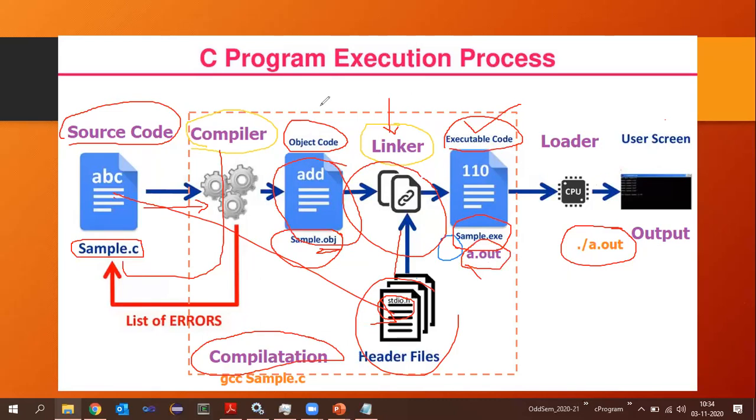Okay, so this entire process takes place when you write the simple statement gcc sample.c. When we run this particular command, all these complex executions, complex processes will be done by the compiler. Then, once the a.out is available, where will this exe be? This out file will be present in the secondary memory devices.